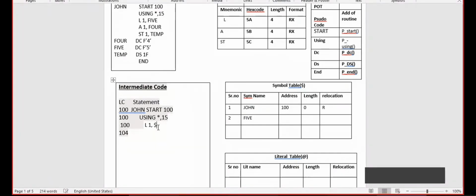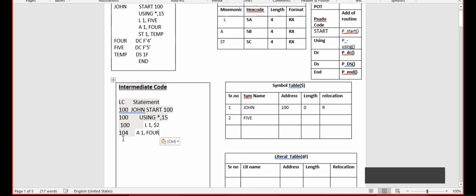So the next line is A 1, 4. I am copying this line as it is and writing it into the intermediate code. A is our mnemonic which is present in the MOT table, and the length of this A mnemonic is 4 bytes. So for execution of this particular statement, memory should take 4 bytes.